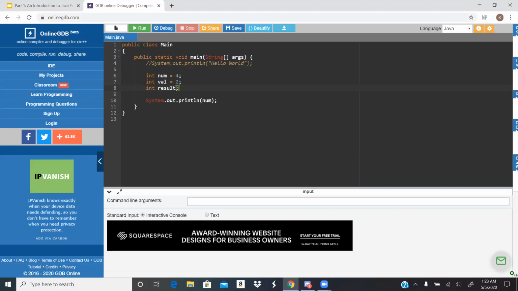And now I want to set result to the sum of num plus val, which means that I could do num plus val. So if I wanted to print out the result, I should be able to get num, which is 4, plus 2, which is val. So this line right here should print out a 6,